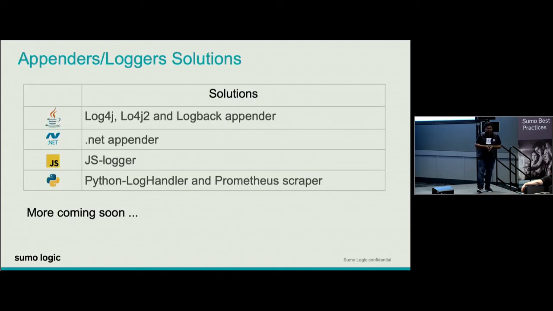Currently we provide open source solutions for Java and .NET. For JavaScript, we are providing JS logger, and for Python, we are providing a Python log handler and a Prometheus scraper. The Prometheus scraper is primarily used to collect metrics in Prometheus format. Another thing is, if someone directly pushes logs from his website or Node.js application, he can send them using the JS